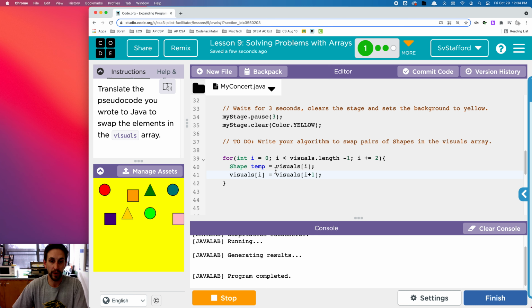And this is where we would get an error at the end of the iteration. If I didn't do length -1 in my conditional check, this would cause that index out of bounds exception once we get to the end of the array. And then what I need to do is visuals at index i plus 1 is going to be set equal to temp. And one little trick that I like to do is take a screenshot of the original